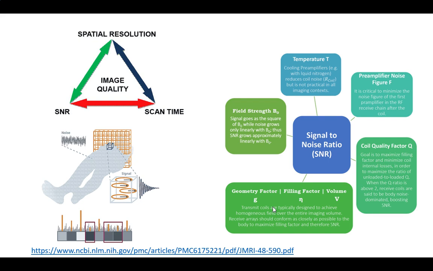I found this really nice chart of what affects it. I always like graphical things. They always seem more memorable. Some of them, temperature-wise, should be somewhat obvious. Noise is going to be affected pretty strongly by temperature. Your signal does not really get a benefit from that. Particularly since a big chunk of your noise is Brownian motion in the body, there are also coil-related ones. And preamplifiers, they warm up. You're going to get more noise from that as well. The preamplifier noise,